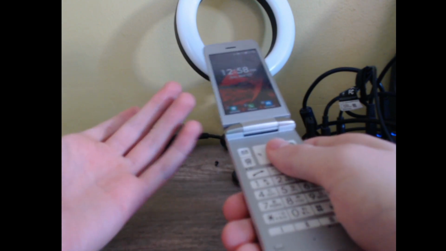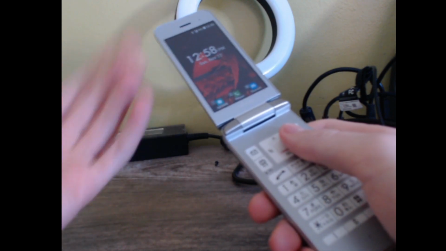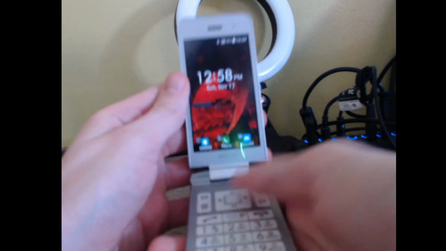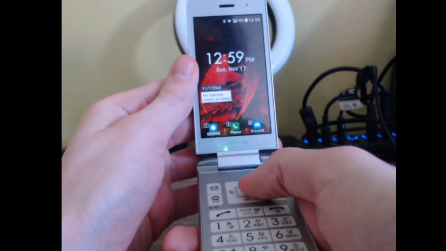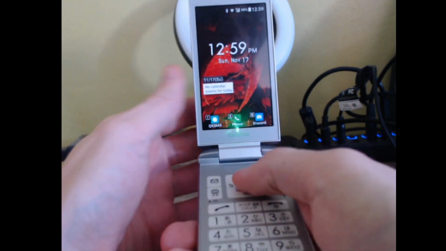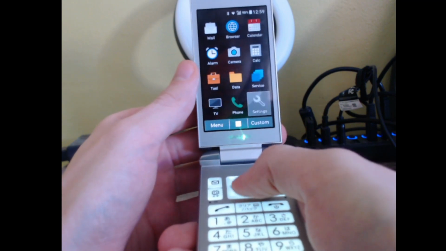In my case, obviously, I already have it set up, so I've changed the background. I've added a little widget here, and it'll load automatically into English. However, if yours does not do that, I'm going to teach you how to get that set up. So the first thing you're going to do is press this middle button, and that's going to bring you to your widgets. You're going to move down to settings,